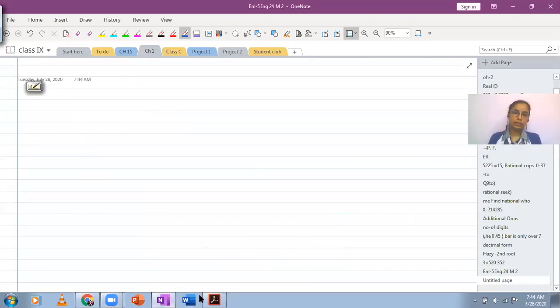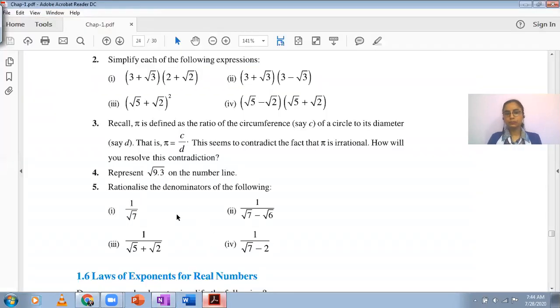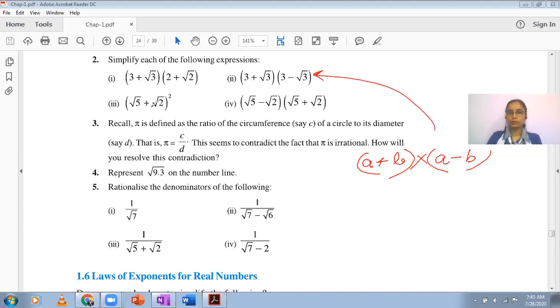Let's take a look at the second part now. Now we are going to deal with those expressions which contain binomials in the denominator. So this will be simplified by keeping in mind the identity that we have. We have this identity where we have the sum of two values multiplied by the difference of two values. This is the identity which we used over here, right? So this is what I want to remember.